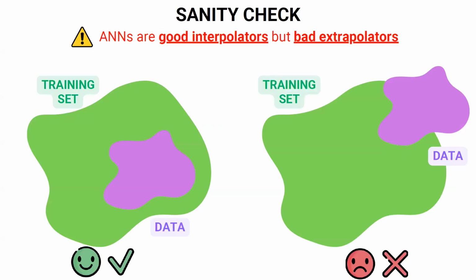But before that, as we know, machine learning algorithms are powerful, but with some pitfalls. You need to perform sanity checks that are not commonly performed. You find articles on machine learning techniques that sometimes lack this very important part. You need to perform a sanity check. You need to start from the statement that artificial neural networks are good interpolators, but bad extrapolators. So what you want is for your data to be fully contained in your training set